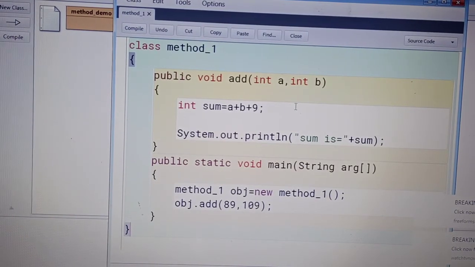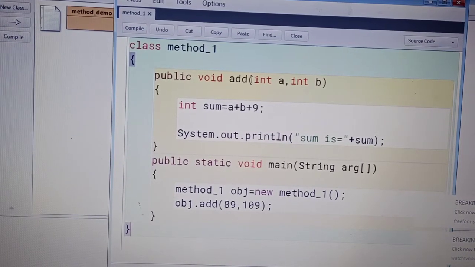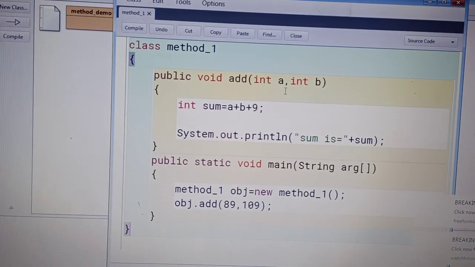And actual and formal parameter: when we declare a method, you can say formal parameter, meaning we need the formality. Formality means it's an int type, double type, float type, whatever, the data type is required in the formal parameter, and in the actual parameter there is no need of a data type. Clear?